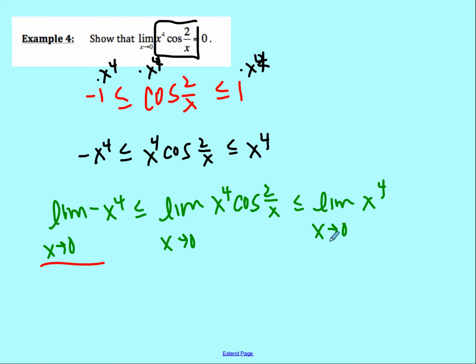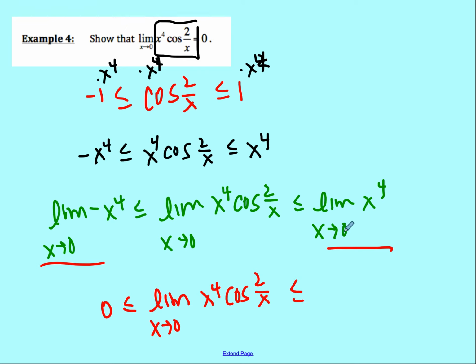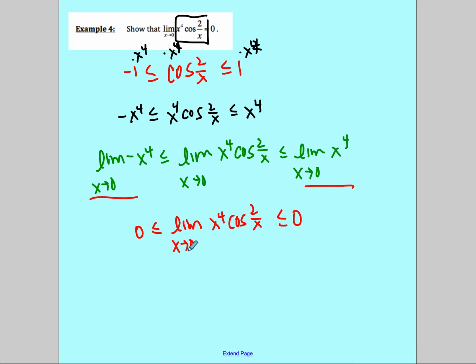So I plug it in. I would try and plug in 0. 0 to the fourth is 0. And so we don't have -0, so it's 0. And we have the limit as x approaches 0 of x to the fourth cosine of 2 over x. It's less than or equal to, and I evaluate the right-hand side, so I plug in 0. 0 to the fourth is still 0. So my actual limit, if I'm squished in between 0 and 0, I can conclude that the answer for this limit is also 0. So therefore, by the squeeze theorem,